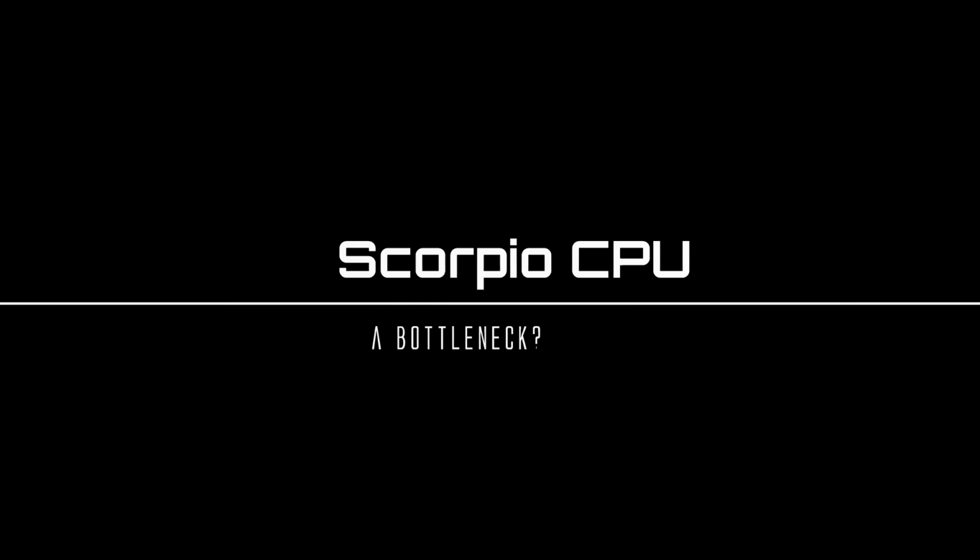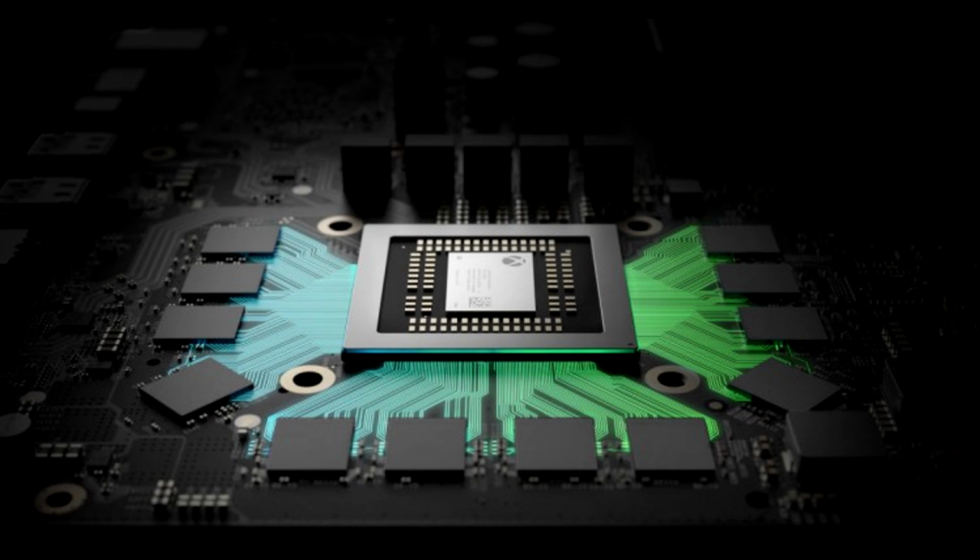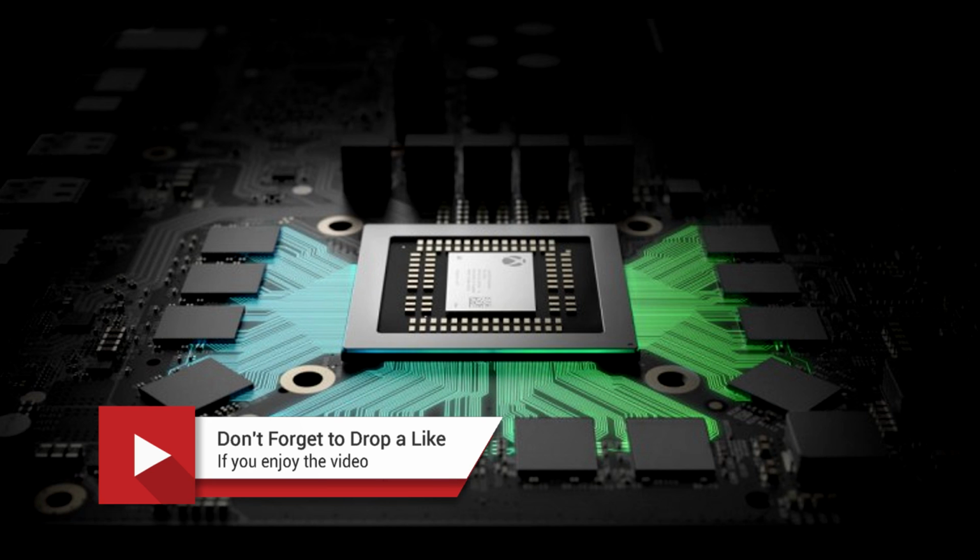So in one of my latest videos, you saw the Destiny 2 devs saying that the PS4 Pro couldn't handle 60 frames per second, and it's because the CPU is the bottleneck, and it's just not a powerful enough machine. They said that it doesn't have the horsepower. So if you haven't seen that video, check it out, because this video is sort of related to that, because